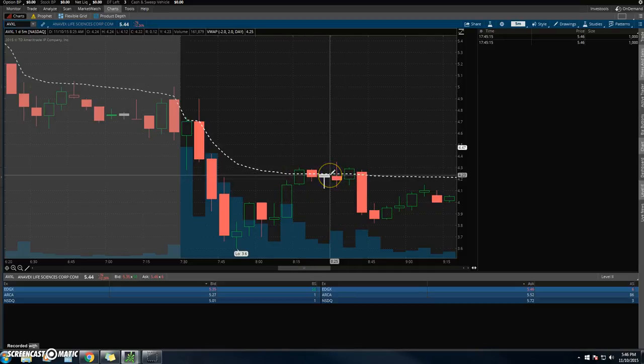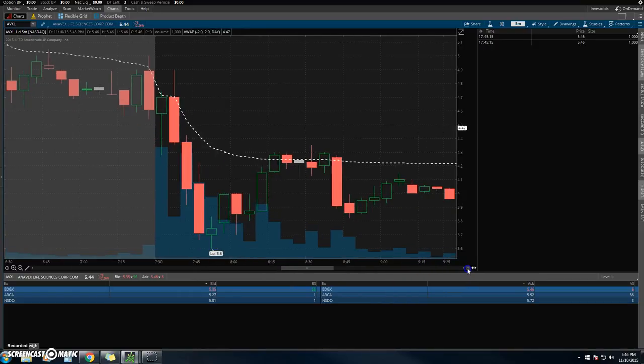But as I mentioned before, if you watch my other video, whenever you see a base along the VWAP, you're looking for it to either break up or break down. And as you can see, it breaks down right here. But it is a higher low than it was the previous time. So kind of just going along here,